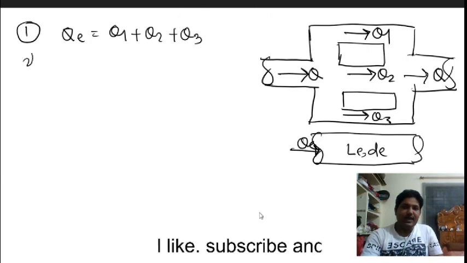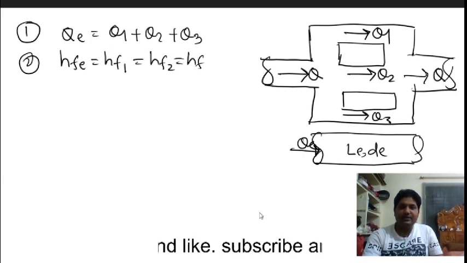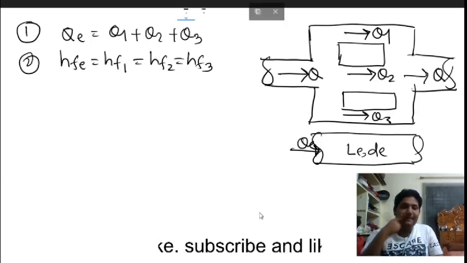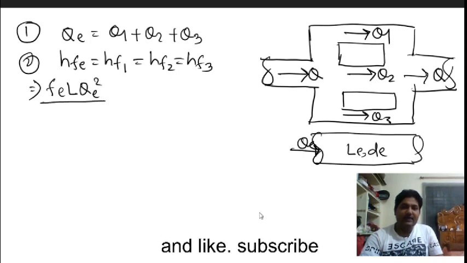Again, for the second compound pipe, the head loss due to friction in the compound pipe will be equal to the head loss in section 1 pipe, and the head loss in the second pipe will be equal to the head loss in the third pipe. Now if you use head loss equal to f_E L_E Q_E square divided by 12.1 D_E to the power 5,